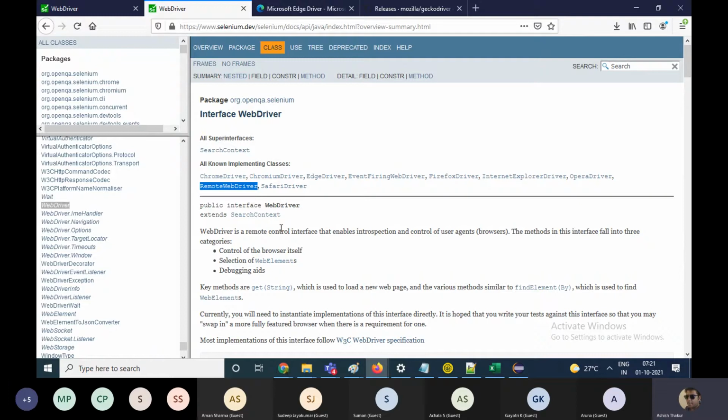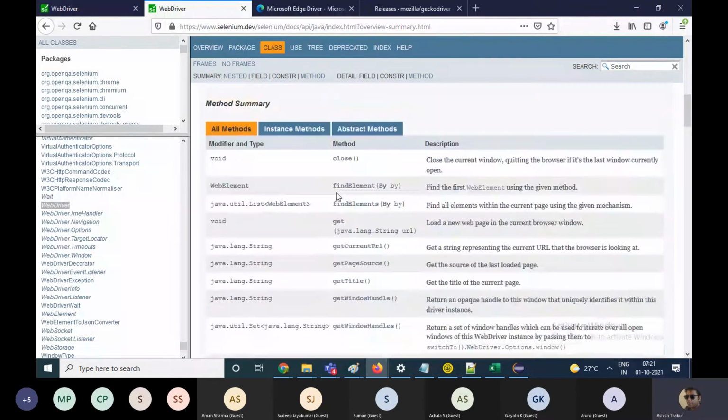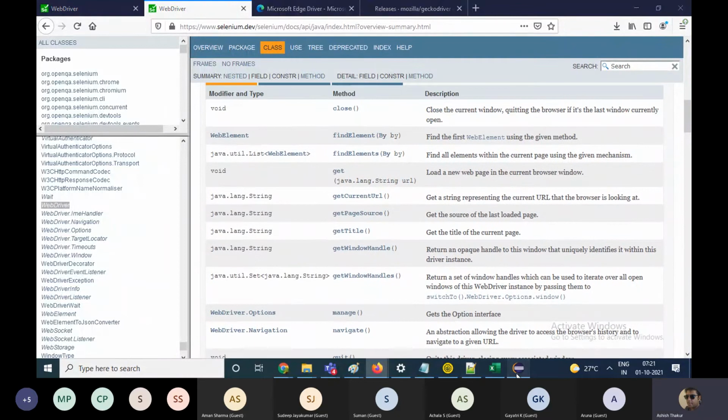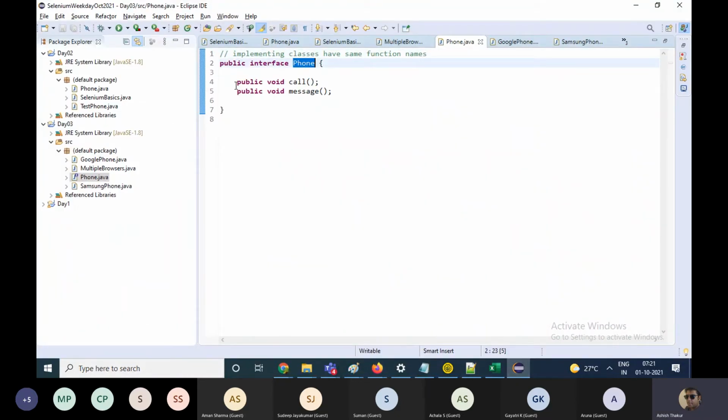We will also study this later on. So all the driver classes basically are implementing this WebDriver interface. And this WebDriver interface has some very good functions. It is equivalent to the phone interface.